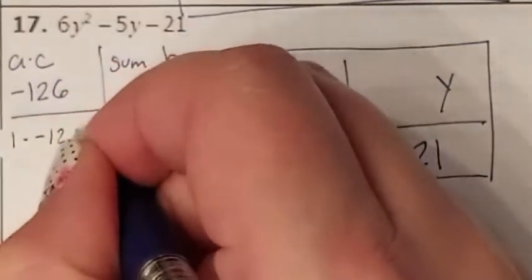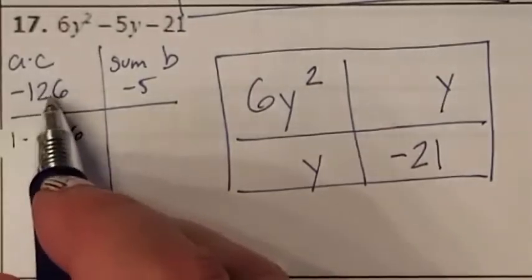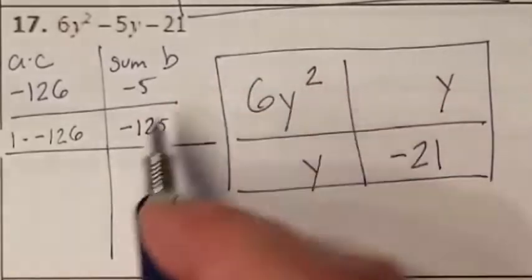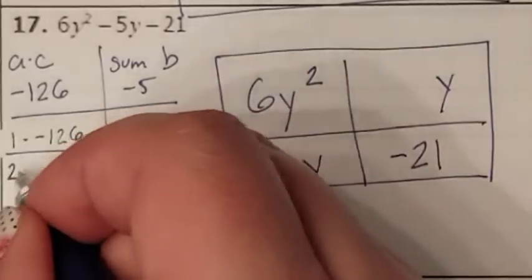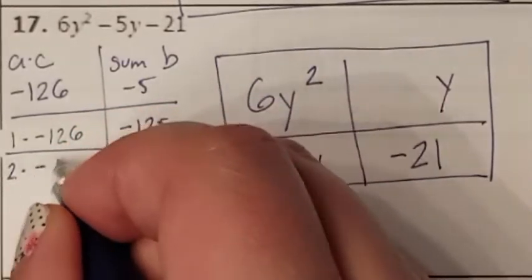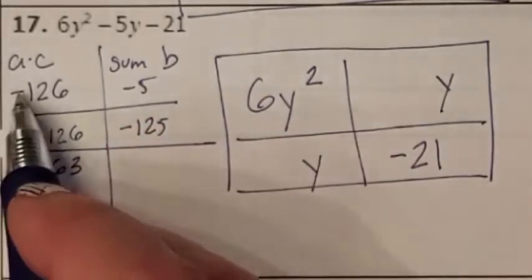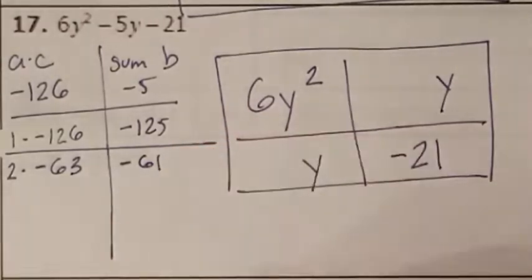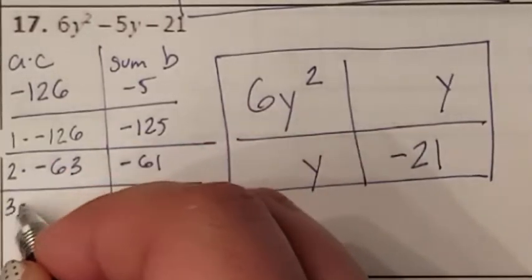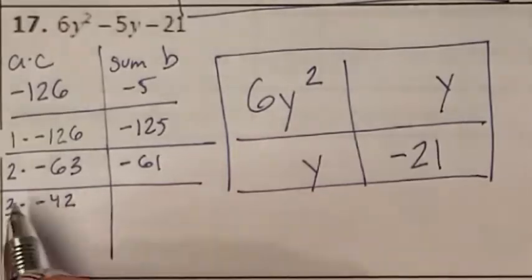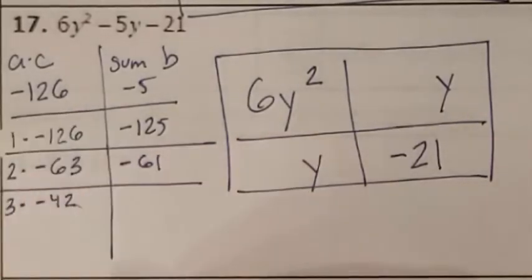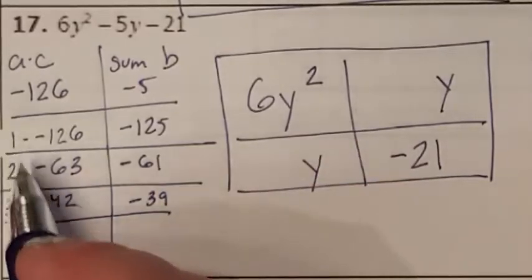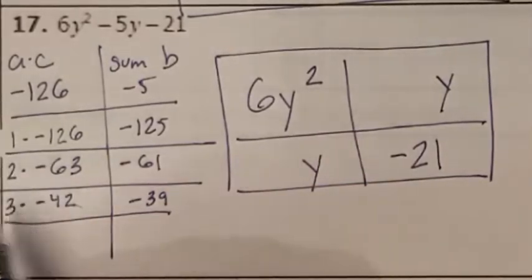1 times a negative 126 would multiply to give me negative 126, but when I add them, I get a negative 125, not the 5 that I needed. So now let's try 2. 2 times a negative 63 would give me the negative 126, but when I add them together, I get a negative 61. So let's go ahead and try 3. 3 times a negative 42 would multiply together to give me negative 126, but when I add them together, I get negative 39. So 1 didn't work, 2 didn't work, 3 didn't work,